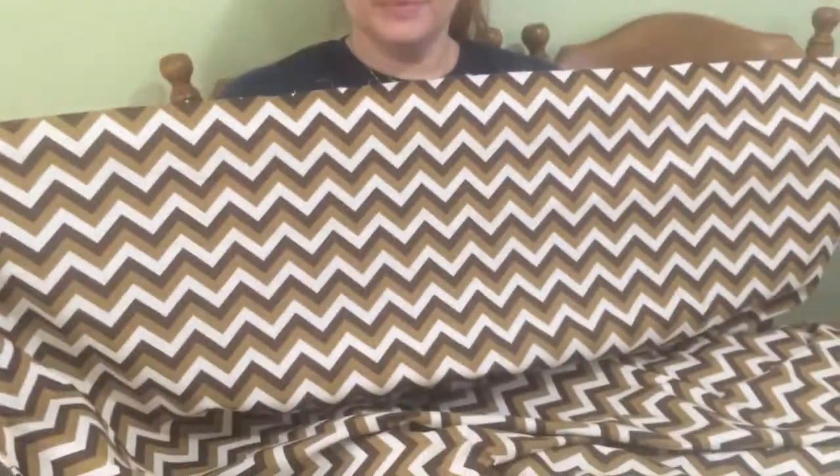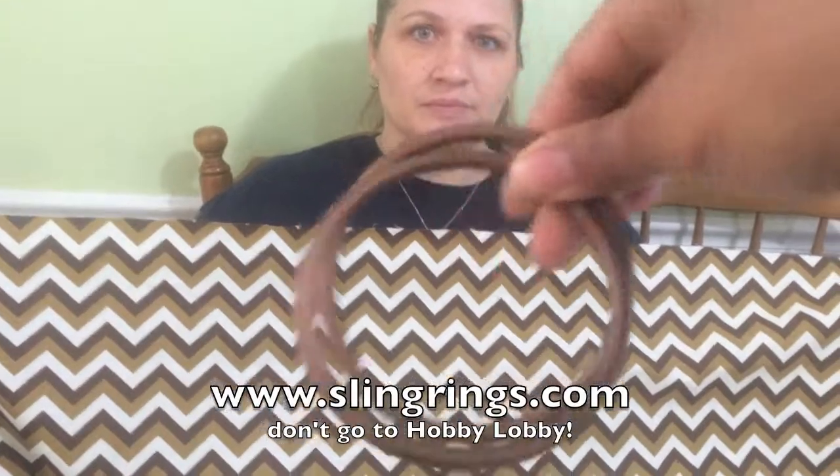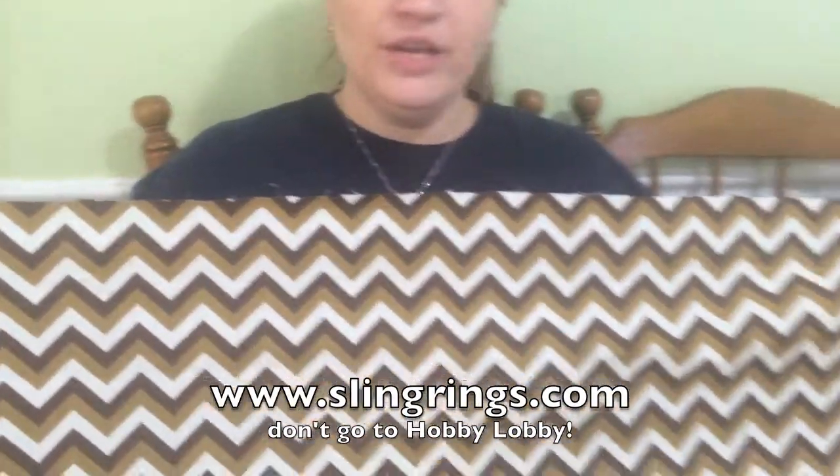Here we go. So this is the fabric that one of my friends chose. She's actually wanting to get this sling made for her friend who's having a baby. She doesn't know what she's having, so she chose, I think, a very, would you say it's kind of unisex material? Definitely. Yeah. So we're going to pair it with these rings, these brown rings. I think it'll be really pretty. And you get those rings from